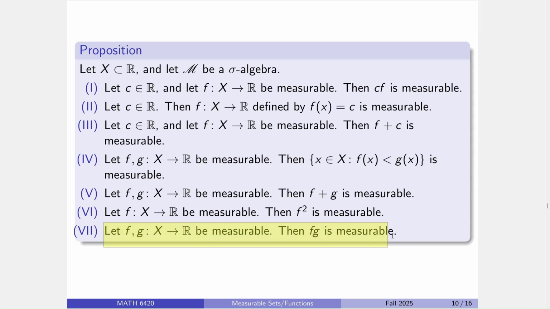On my analysis qualifying exam, so, when you go for your PhD, they make you take really obnoxiously difficult exams. This was a problem on it, and I tried proving it directly from the definition, the one we just proved, that open rays are measurable when you take their inverse images, and I couldn't for the life of me figure it out. And then I asked the person giving the exam, how do you actually prove this? And he's like, oh, did you prove squares are measurable? And then I immediately got so mad, but I was like, oh my god. So let's build up to my favorite fact here.